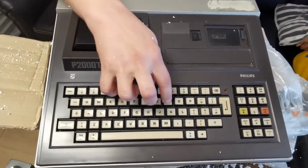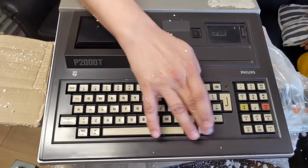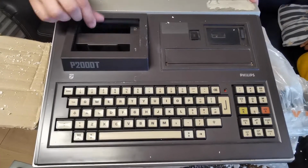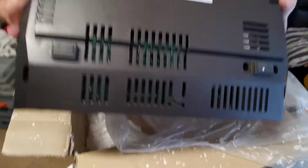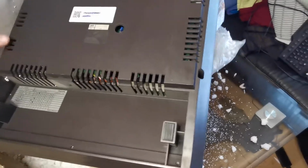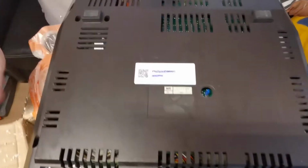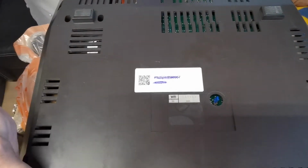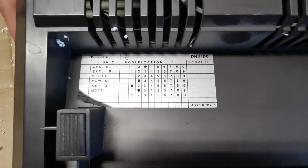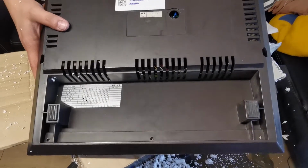Nice keyboard, nice old keyboard. Little bit sticky piece, but it's okay. The back. Everything nice and clean. Oh, it's good. This one here. Oh, thank you. I'm glad to